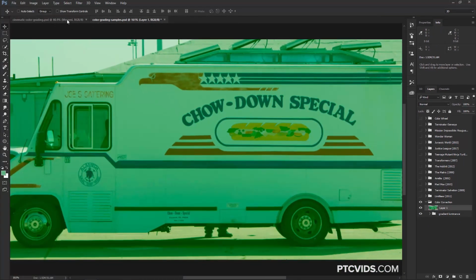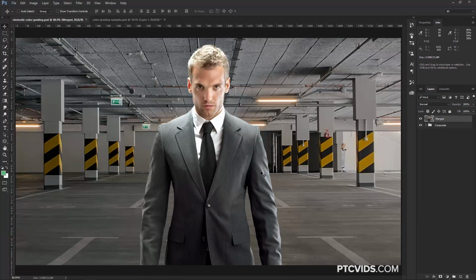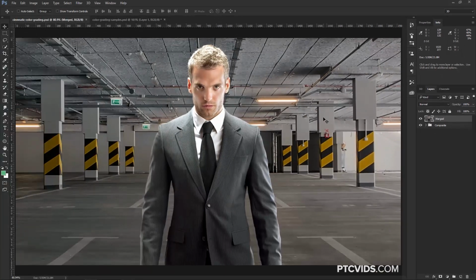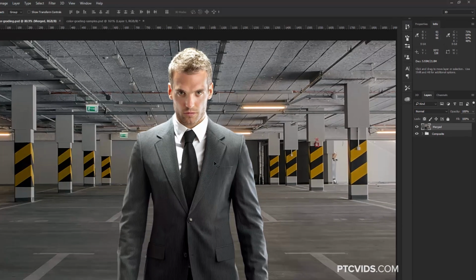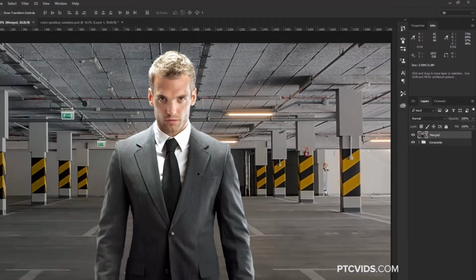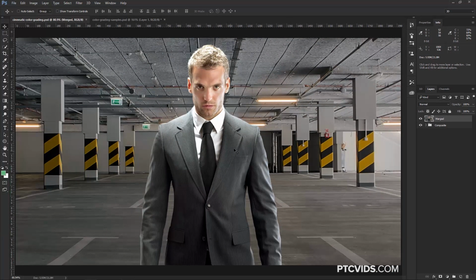So now I'm going to click on this tab so we can work on the image that we're going to apply the color grade to. And notice that this is an image with neutral grays. If I hover over the pillar here, you can see the RGB 139, 137, and 132. They're not equal, but they're close enough. So that means that there is no color cast. I can also move and hover over his suit. 61, 62, and 66. Again, there is no channel that dominates any of the others, so this image has no